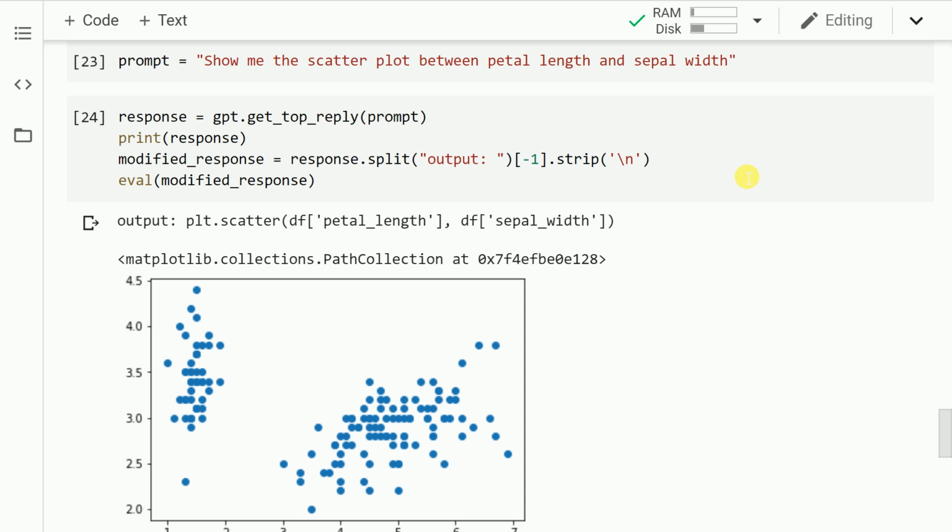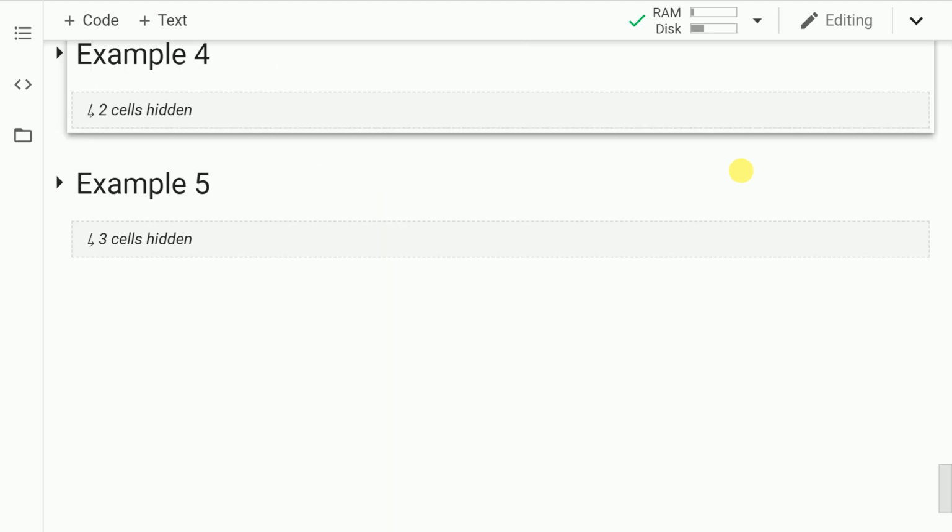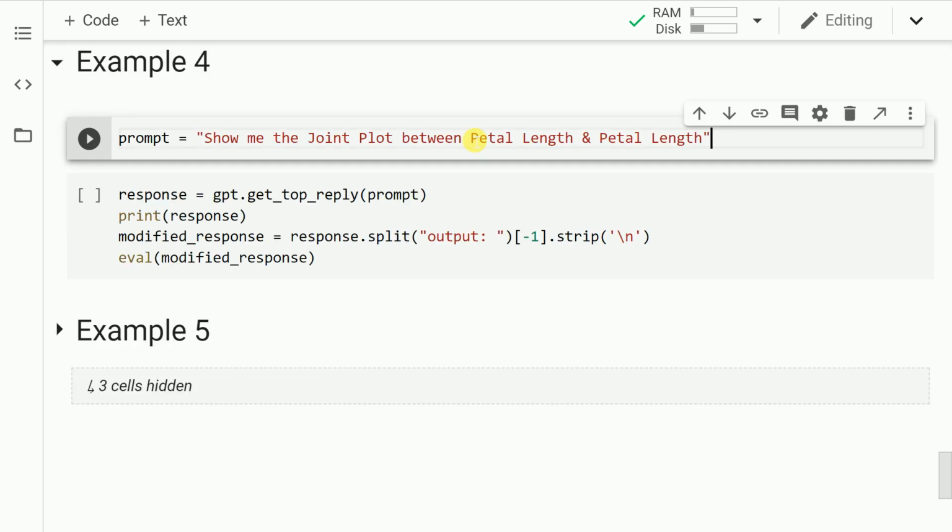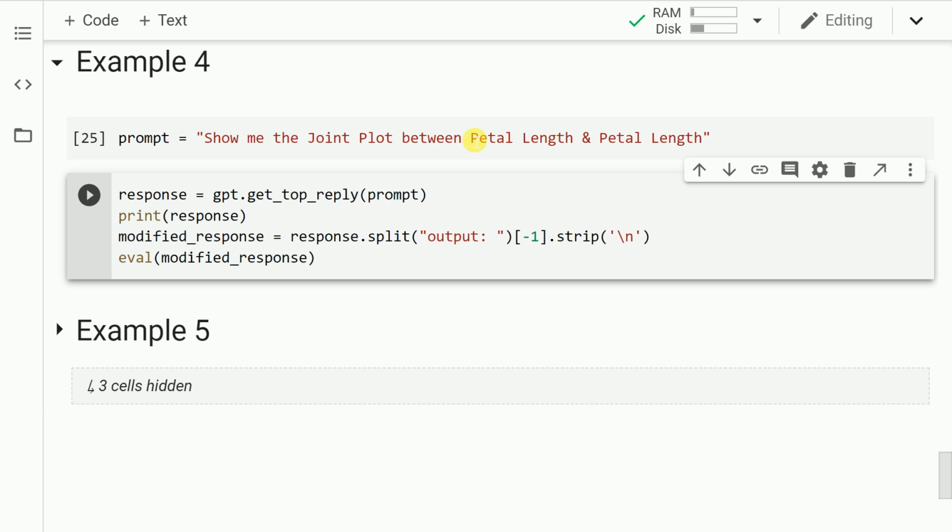Let's go forward and look at a new example. The question that I ask next is: show me the joint plot between petal length and petal length. If you notice, both my axes, that is the x-axis and y-axis, are the same. So let me run this cell first, and let us now validate if it is able to correctly identify that both columns are the same column or not.